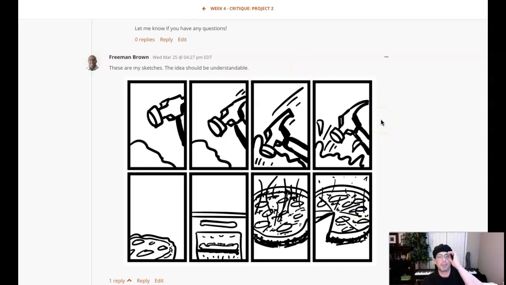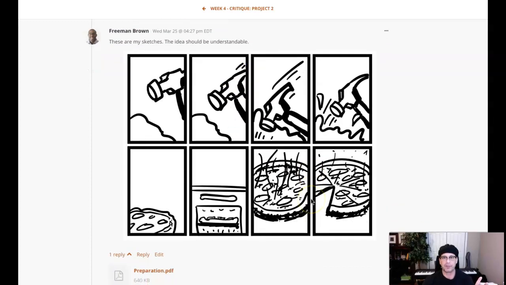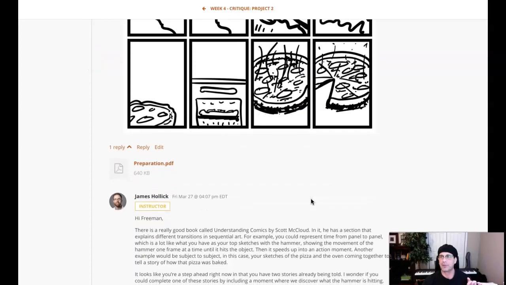Freeman, you say these are my sketches. The idea should be understandable. You know what? Gosh, I hate to say this, but it's not. I'm not quite getting it. And plus, I think that there's a little misinterpretation of the requirements here. So let me go over that for you, Freeman, so that we can get this set straight for Sunday's submission